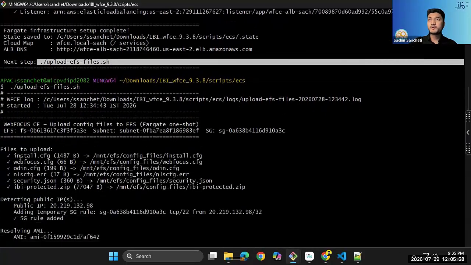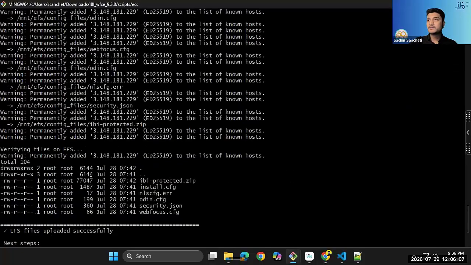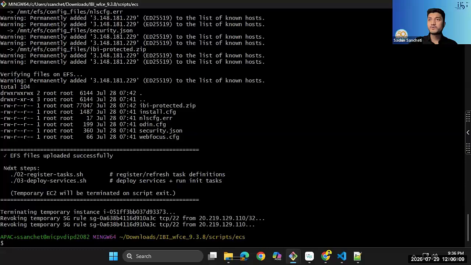So we upload this install.cfg, webfocus.cfg, odin.cfg, and all of that. So these files will be uploaded to EFS. Once that is done, at the bottom you can see you have to execute these steps: register task and deploy services. So if I go here,